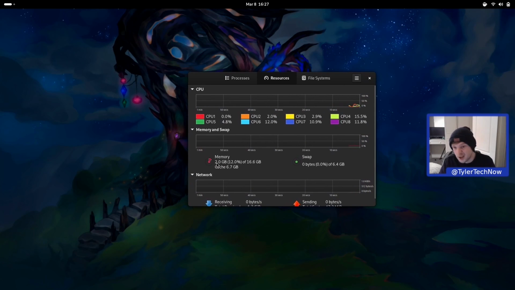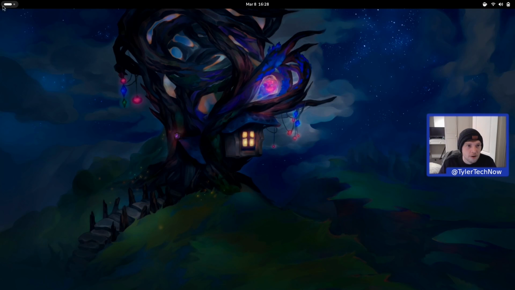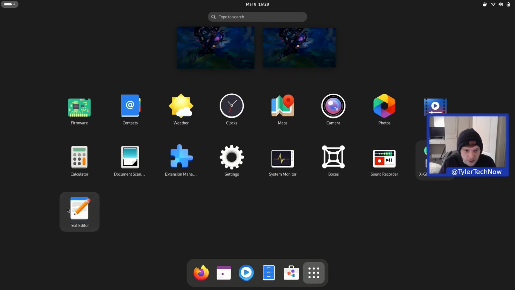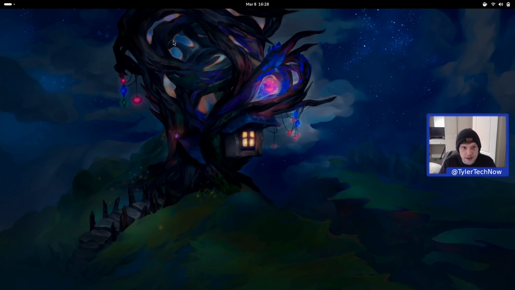So we've got 2 gig at the moment, which is a fairly high amount, but I'm going to imagine once we reboot, it's going to go down to under a gig, hopefully, because it's quite a bare bones, minimal GNOME installation, but we'll see how we do. Right, and then just before we do a quick reboot, we'll see what else we've got. Sound Recorder, and then you have your Text Editor. Yeah, see, quite a few applications don't want to open at the moment,